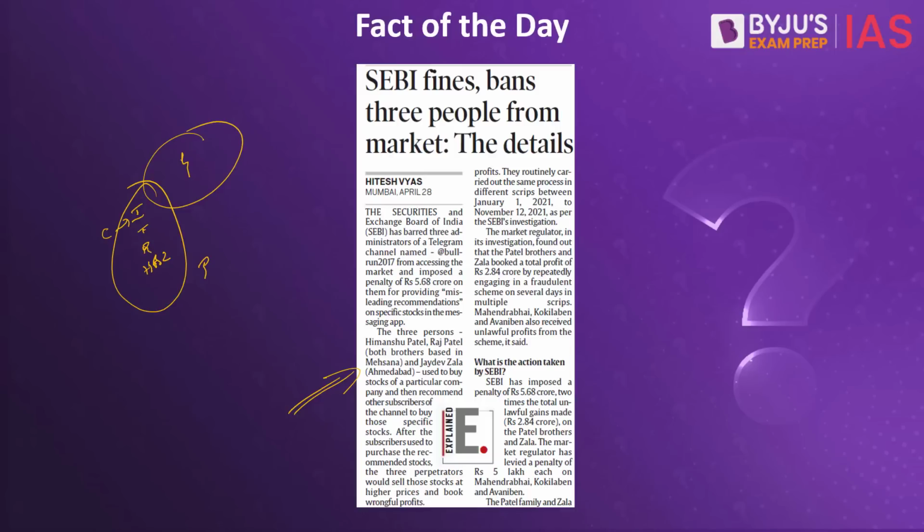Because he has that privileged information, he buys the stock, or he gives the information to his near and dear ones, which is called insider trading. So that information which is not public, but is known only to that person, and that person buying or selling that particular share, is insider trading.